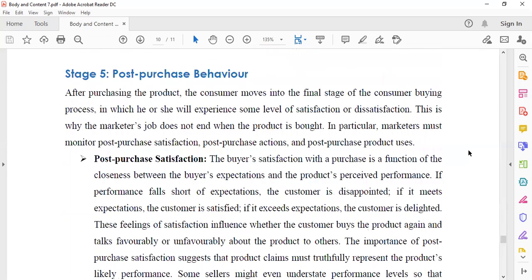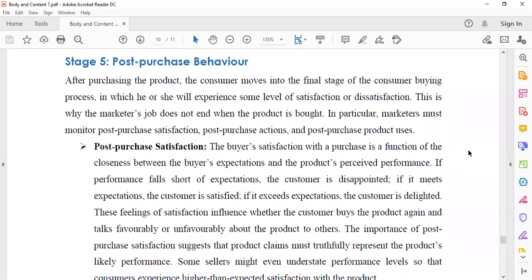And after the purchase decision, the post-purchase behavior. Have you ever gone to the market, bought a pair of shoes, and on your way back, you are wondering within your mind if you really bought the best pair of shoes amongst all the ones you saw in the market? I think I've found myself in that situation a couple of times. It is within the post-purchase behavior that this is happening within the consumer. And it's important that the marketer follows through at this point to make the post-purchase behavior a favorable one.